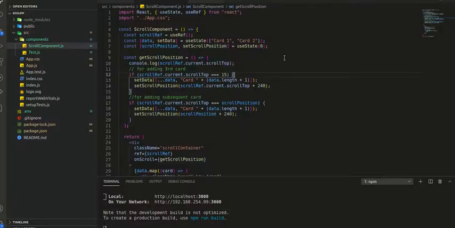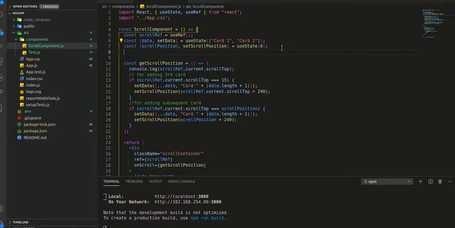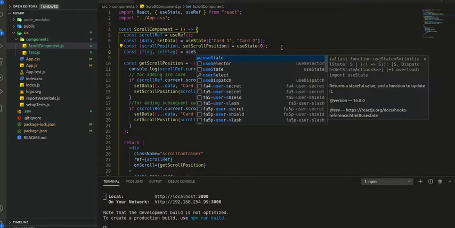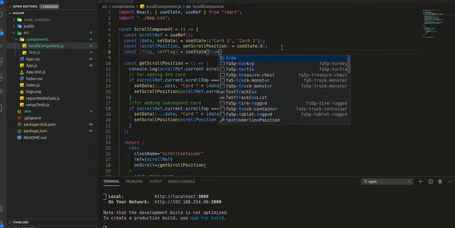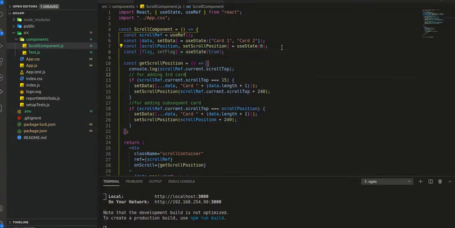So to fix this, we want this condition to be called only once, and that is the first time at the beginning. So we will use one state here, let's say a flag, and we will set that flag to an initial state of true, and we will check this.